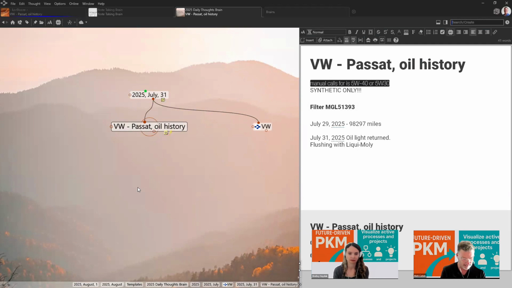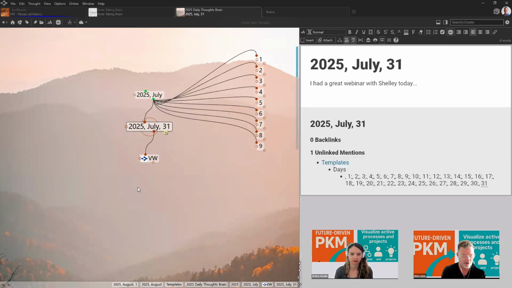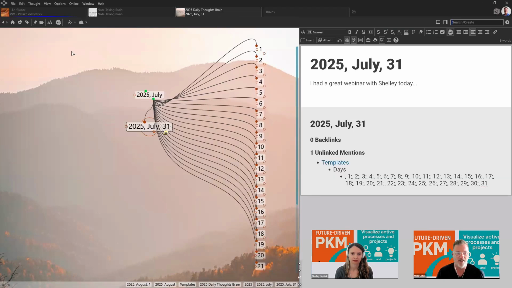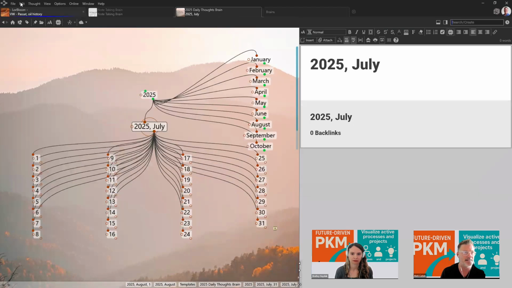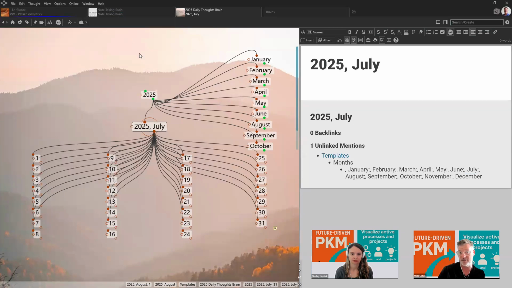So I don't want these in this brain. So I'm going to hit Control Z and undo. Control Z again, Control Z. There we go. So we've taken all that away. That's in edit undo also. So I can undo and redo steps before it syncs. If it syncs in the background, that sort of clears out the undo cache, just so you know. So you can certainly link between different brains or copy data from one brain to another very, very easily.